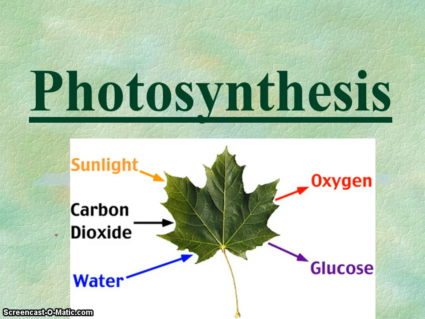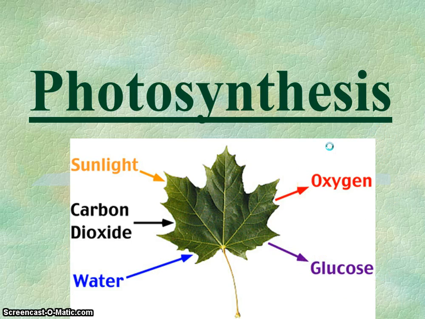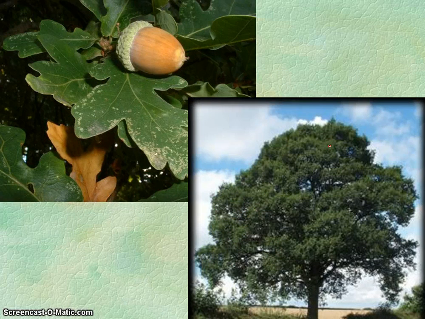Hello, we are going to talk about the very important process of photosynthesis. This process is going to occur in plants, algae, and some types of bacteria called cyanobacteria. It is the process of sunlight, carbon dioxide, and water entering into the leaf, and then the leaf in the mesophyll layer actually producing carbohydrates and oxygen that we rely on so much. So again, this is going to be taking place in plants, certain bacteria, and algae.